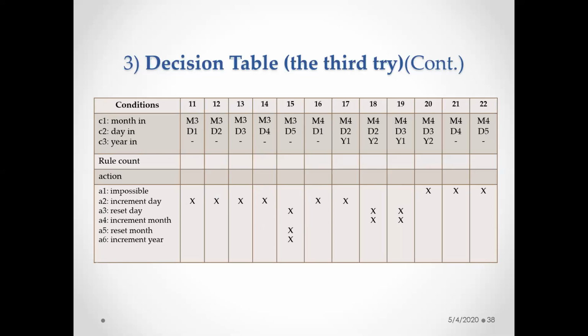Next one is with respect to your M4. That's all with respect to your M3. M4 is with respect to the month as February. With respect to D1, that is 27 days. 1 to 27 is a day. So irrespective of whether it is a leap year or a non-leap year, the day should be incremented. Once it reaches the 28th day, then it purely depends on your Y1 or Y2 or Y3. So that's why you need to be very careful.